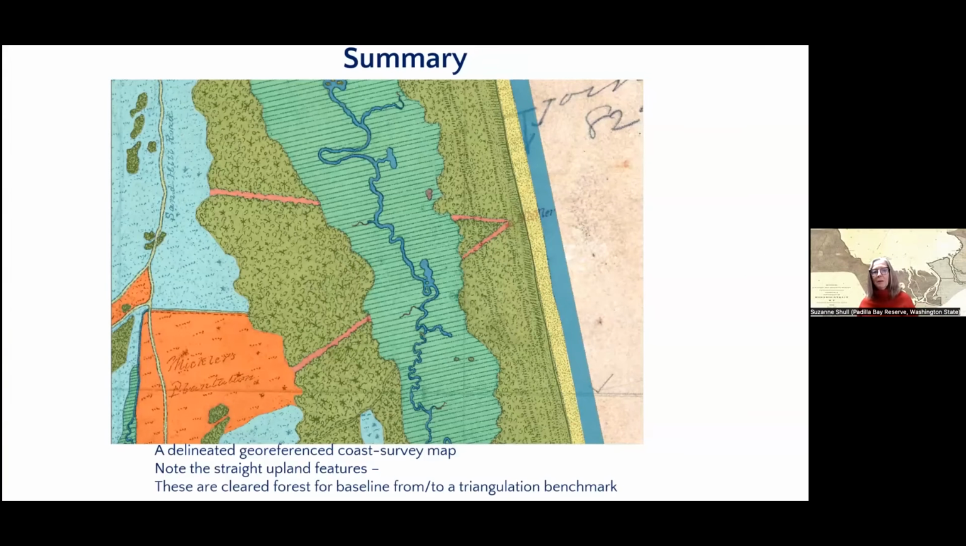So in summary, what we covered here is the process of taking a scanned raster image to a georeferenced map, delineating those features and looking at the change from past to present. In this example, you can see that there's a forested area in this kind of darker green, and then these red lines through it. Those are the baselines where the surveyors actually cut through the trees to get to this triangulation point, which also has become a benchmark